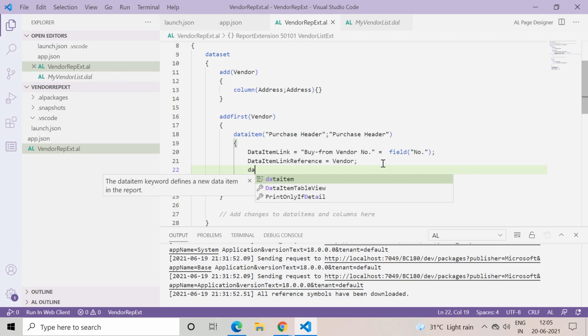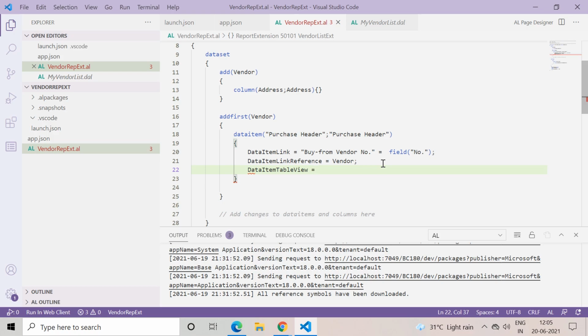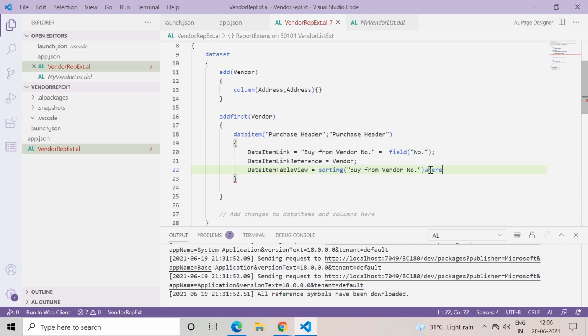All right. Another thing which we want to add is the data item table view. Okay. So here what we can do is we can add sorting on the basis of, let's say, vendor number, and we want to filter the records from the purchase header where the system should check only the purchase orders, and not invoices or credit memos and something like that, because we know in the purchase header table the system keeps the record of not only orders but invoices also.